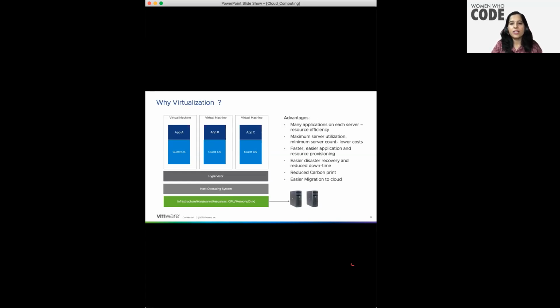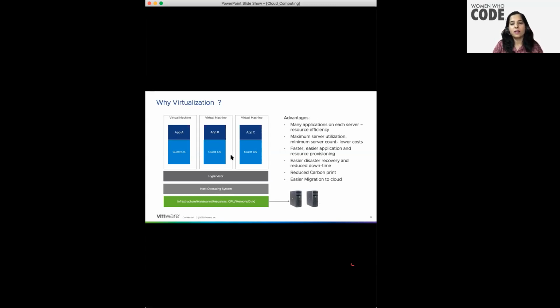Now, because the server is installed only once, the physical hardware, host operating system, hypervisor, this virtualization layer, everything gets installed once, and you just have to go and provision the application. The application provisioning becomes faster and easier. And one more feature of a virtual machine is that you can take a snapshot at any time and save it as a backup. So in case something goes down, or one server goes down, you can quickly restore that backup, and that application is up and running quickly. This way disaster recovery is easier and the downtime is also reduced.